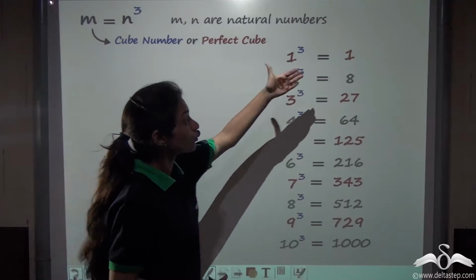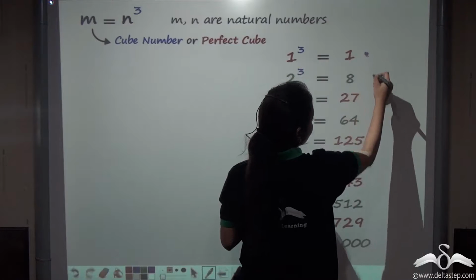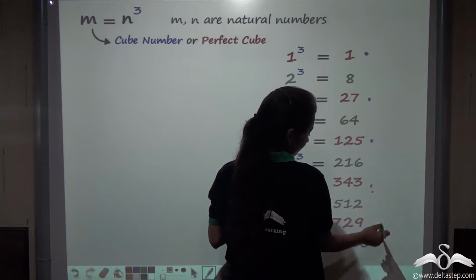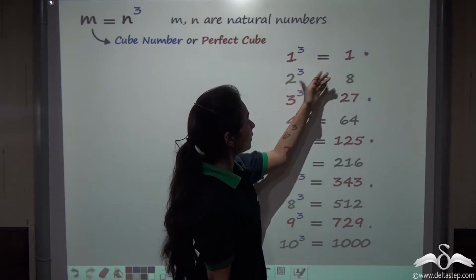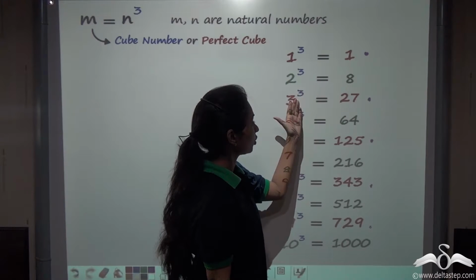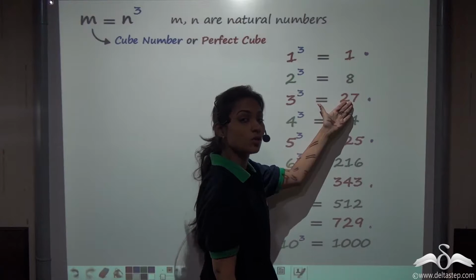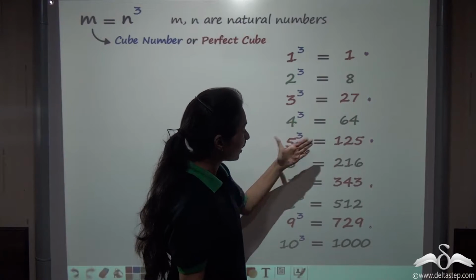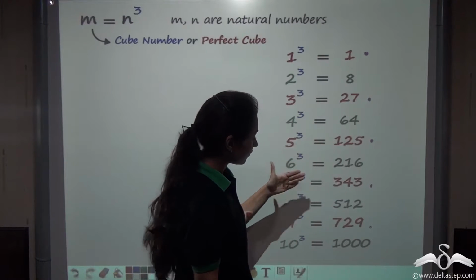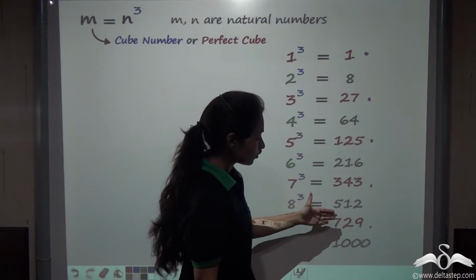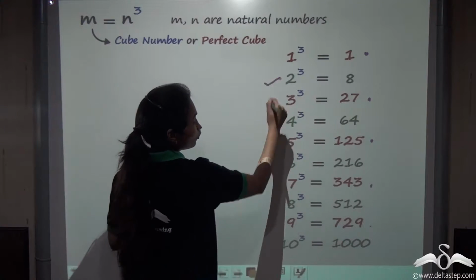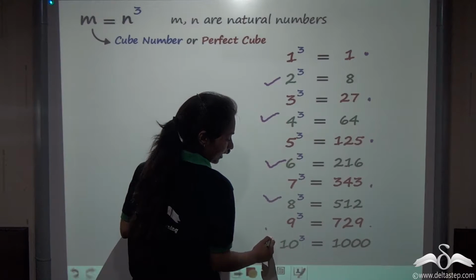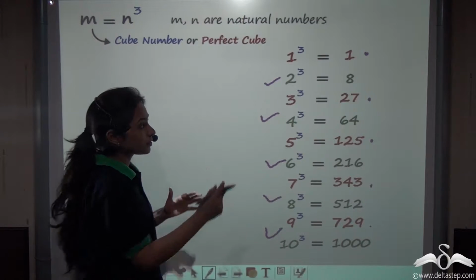Similarly, their cubes, look at them. They are also odd numbers. 1 cube gives us 1, 3 cube 27, odd number, and the cube is also an odd number. Similarly, 5's cube is an odd number, 7 cube is an odd number, and 9 cube is an odd number. And if you look at the rest, that is 2, 4, 6, 8 and 10, those are what? Even numbers. Look at them.